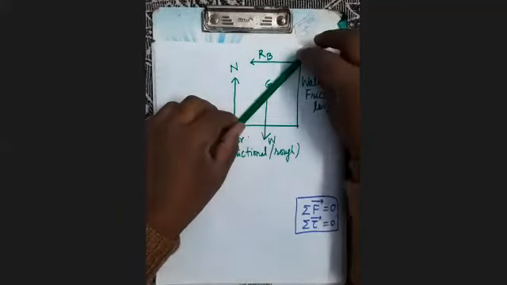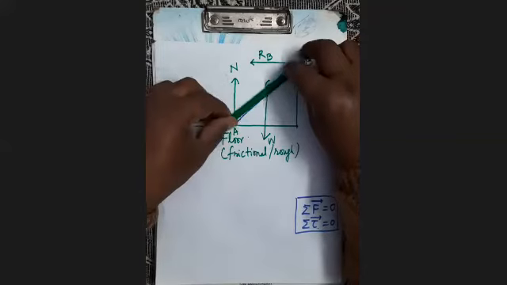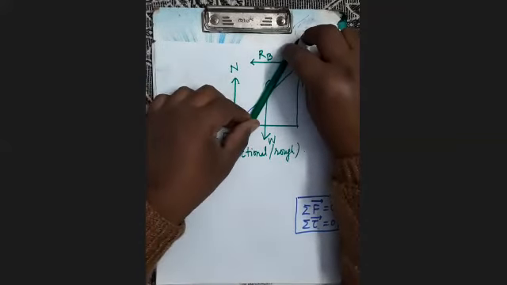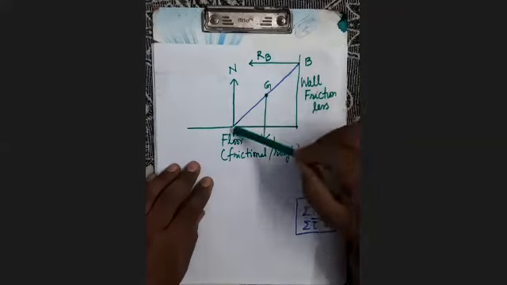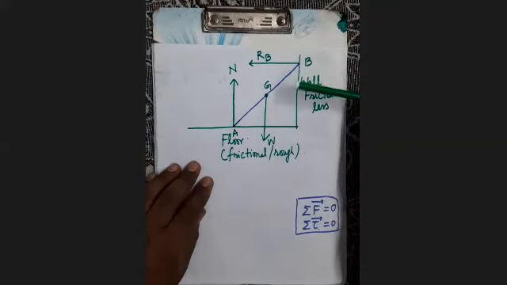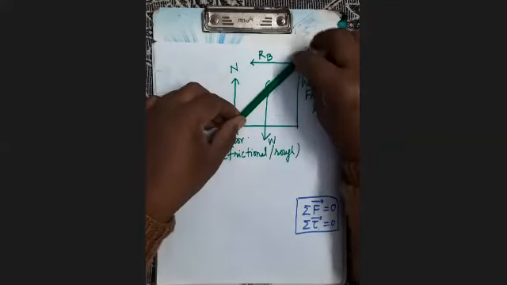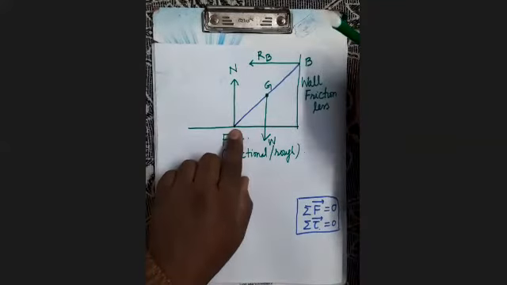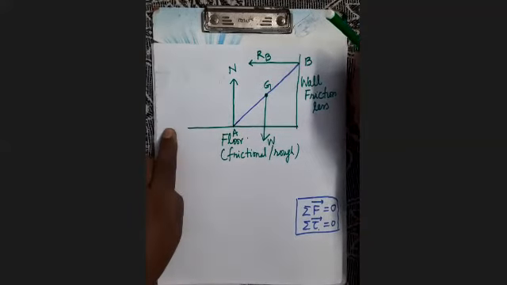Now see here, when this ladder will start moving, when it starts skidding, here it is like this. When it goes, it goes in this direction. It is clear, because it will not go up. When you start moving over the ladder, what will happen? Because of your weight, what will happen? This end A, foot of the ladder, will move in this direction.